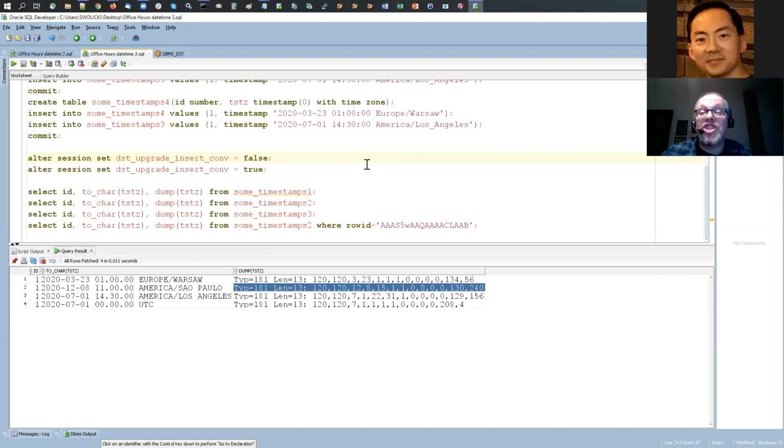You would need a functional index defined on this function that is added, which we don't have. We just have standard indexes. So if you know that your column will not be updated with those affected timestamps from time zones that are affected by the current upgrade of the time zone file, and you won't select those values from those timestamps, then you can set this parameter to false, so that your query is faster and can use index